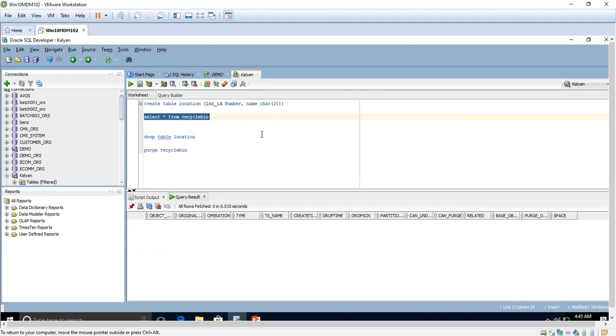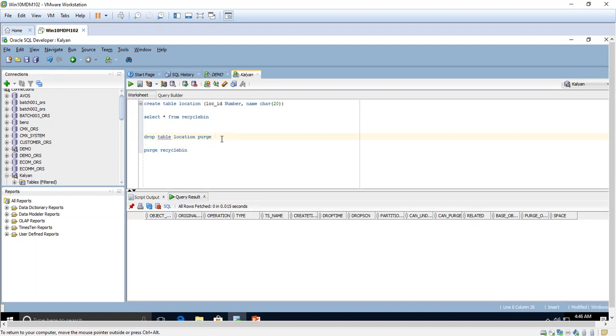Here in the recycle bin, nothing is there. And if you don't want the table to be sent to the recycle bin, that means while dropping the table itself we are going to purge it, so the table won't be moved to the recycle bin. Drop table location, and you say purge. If you use this option, then it will be removed permanently from the database.